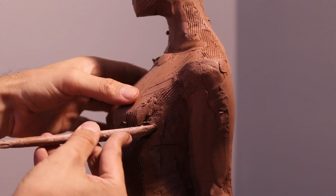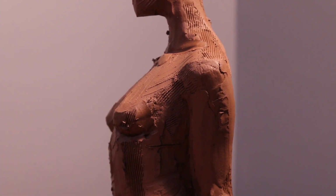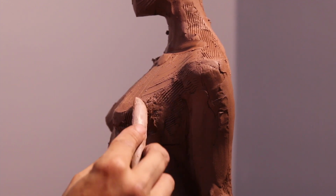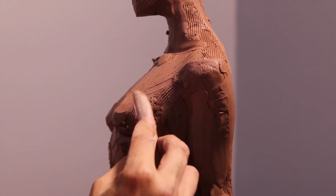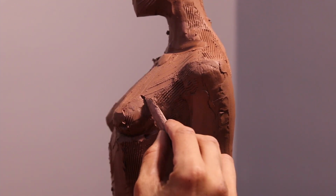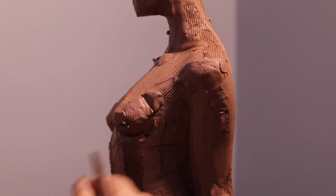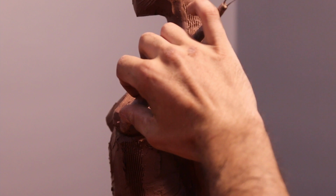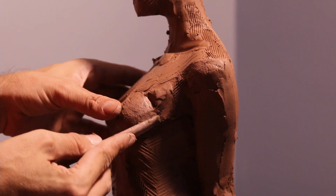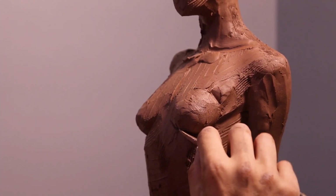It's a very good pose for doing a marble sculpture if you're a carver. This pose would be great. It's very rigid because it's got a very triangular composition on the base, and you don't need to worry too much about the clay collapsing on you. Whenever you have a model that's standing, then you have a lot of issues with the engineering part of the sculpture. So on this model, the breasts,